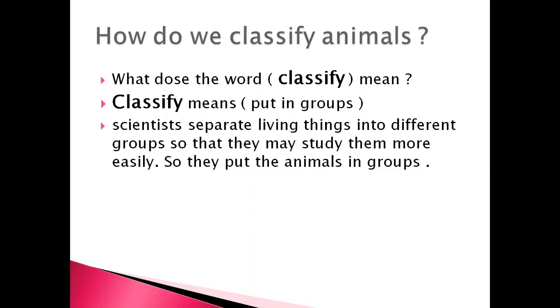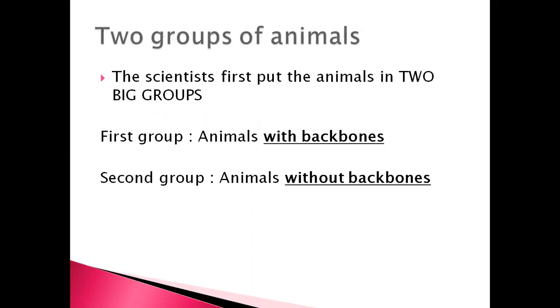They first put all of the animals in two big groups. The first group, animals with backbones, and the second group, the animals without backbones. Let's talk about them in detail, okay? Animals with backbones actually are the animals with bones, okay? Like,